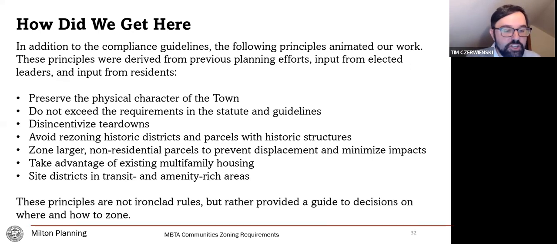We want to take advantage of existing multifamily housing. We don't have compliant zoning districts that we can just check a box and say we already have an MBTA communities district, but we do have an okay amount of multifamily housing, especially in the Milton Village transit area. And the way that we can take advantage of those areas is, and I'll use the example of 131 Elliott